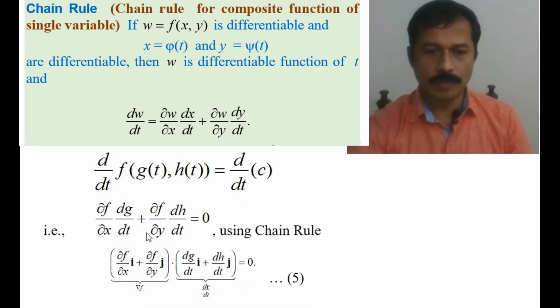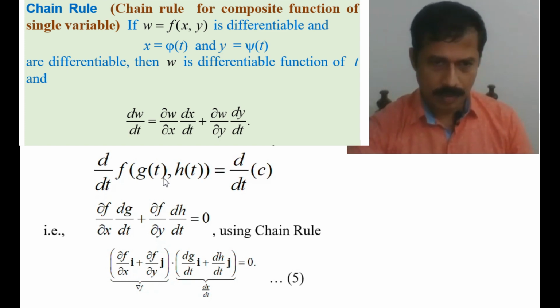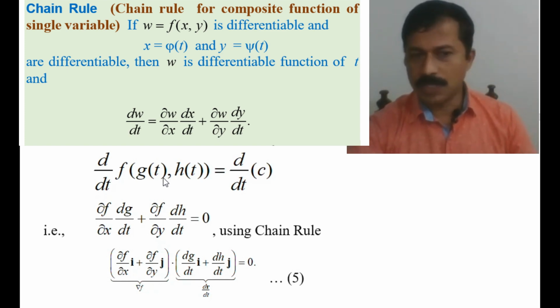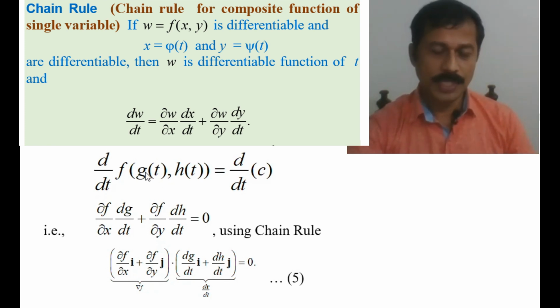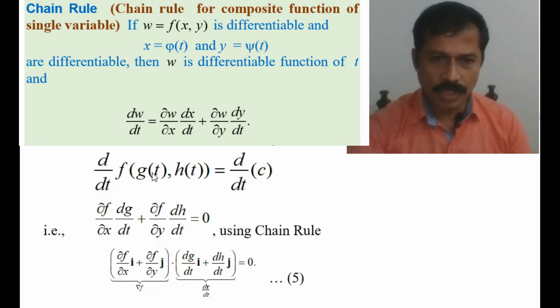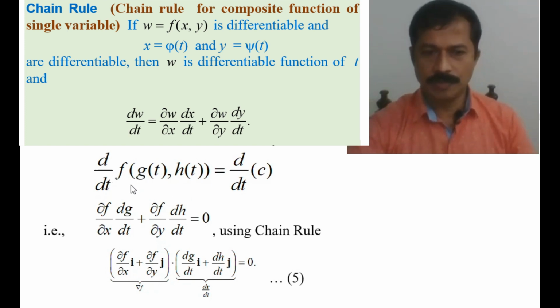Why do we have to use the chain rule? The reason is that even though the left hand side of this equation appears to depend only on the variable t, we cannot sometimes evaluate the derivative in terms of t. Instead, we know that x and y are functions of t.